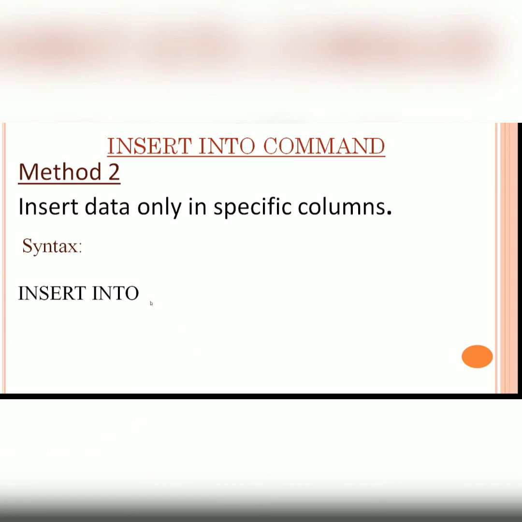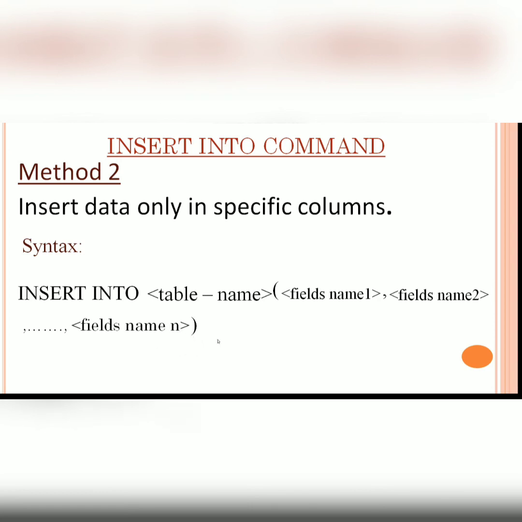First we will write the insert into, that is our command name. After that table name, then we will use the opening bracket and mention the field names in which we want to store value. After that closing bracket will be used, then we will use the values keyword, and again opening bracket will start, and in this bracket we will mention the values which we want to store in a particular field. Remember one thing, field names and values will be separated by the comma. Then after we will use the closing bracket, and at last we will use the semicolon for terminating the command.